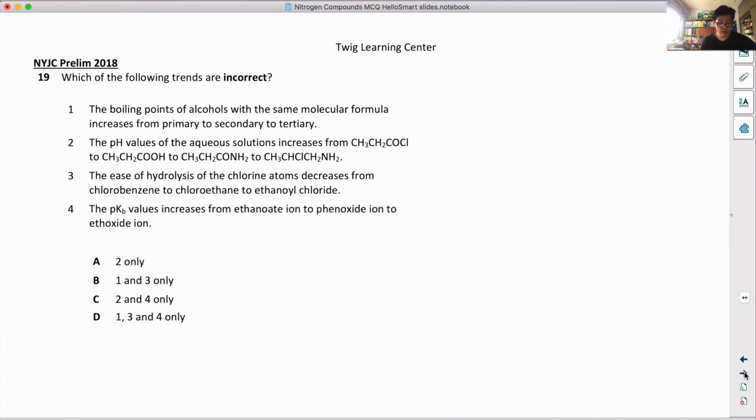Okay, which of the following trends are correct? The boiling points of alcohols with the same molecular formula increases from primary to secondary to tertiary. So actually what it really means is this: if it's a primary alcohol, say I draw for you a tertiary alcohol first, all right? Then if I draw a secondary alcohol,